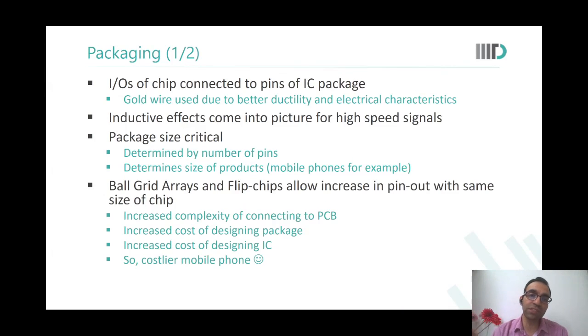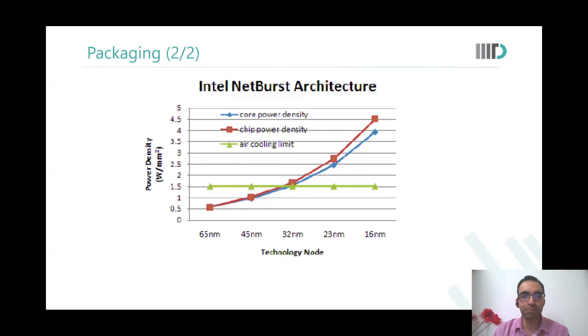There is a huge research effort going on in packaging, and it is not just about power dissipation. When we talk about More than Moore, with imager, processor and memory in the same die, packaging is also becoming more complex. There is a lot of research happening on packaging. Additionally, because we want more speed, the typical inductive effects of the package start to figure in. So I am just exposing you to different research areas associated with VLSI.